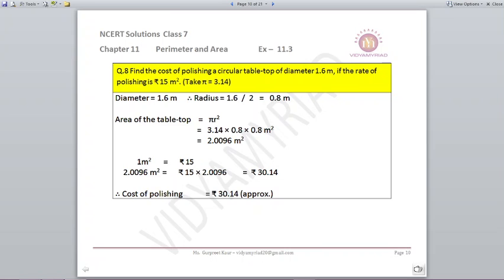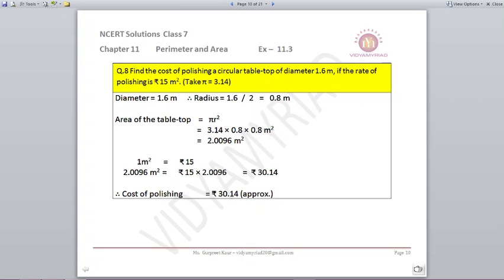Question number 8. Find the cost of polishing a circular tabletop of diameter 1.6 meters if the rate of polishing is rupees 15 per meter square. Now here diameter given to us is 1.6. So radius is 1.6 divided by 2, which is 0.8 meters. Now we need to find out the area. Area of a tabletop is pi r square. Pi is to be taken as 3.14. Radius is 0.8. Multiply by 0.8. You will get the answer as